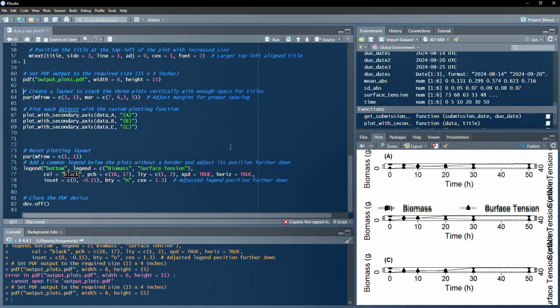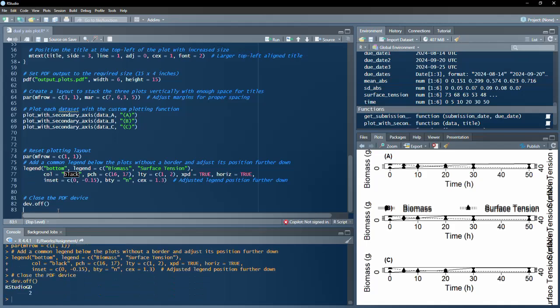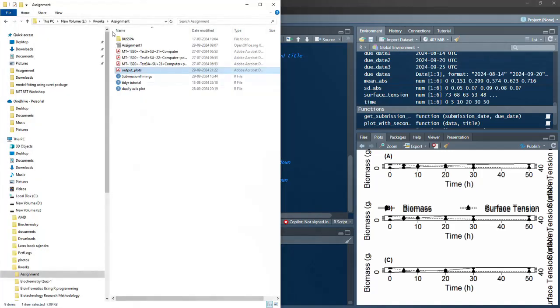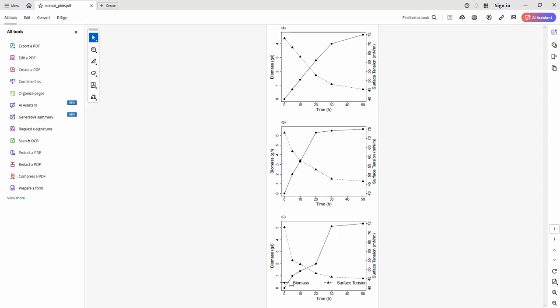Now the PDF engine is there. The PDF output plots.pdf is created, and now all the following plots will be plotted on that PDF file. Plots are getting plotted, and the PDF engine I am closing now. And that RStudio GD second PDF engine, and that plot is there in this directory, erworks assignment, because that's my working directory now. Here that output plots is there, and we'll see how that output plots look like. And this output plot is quite good, but this